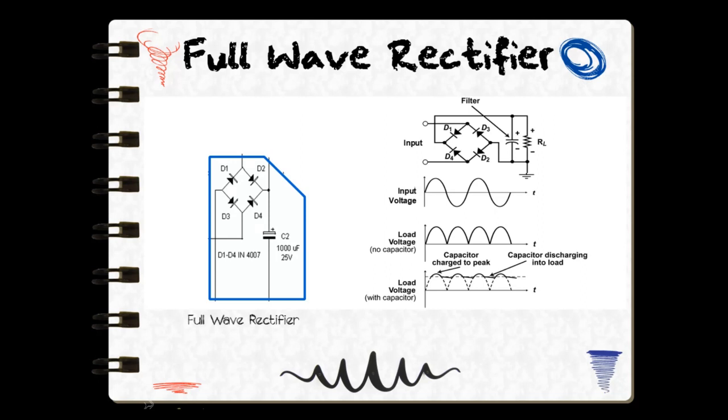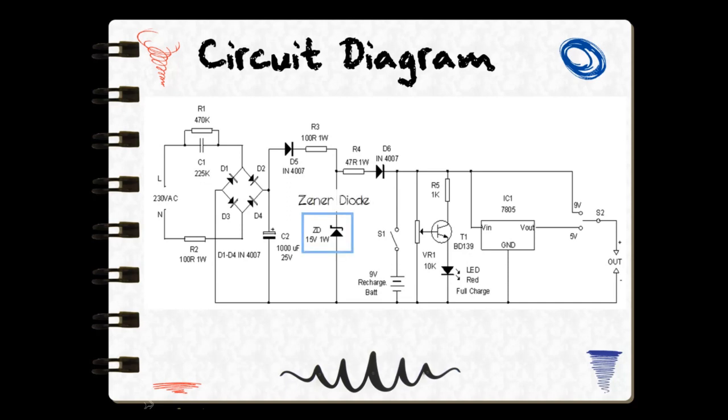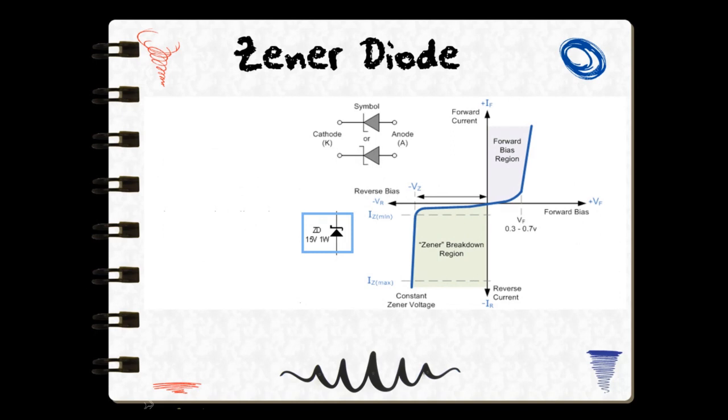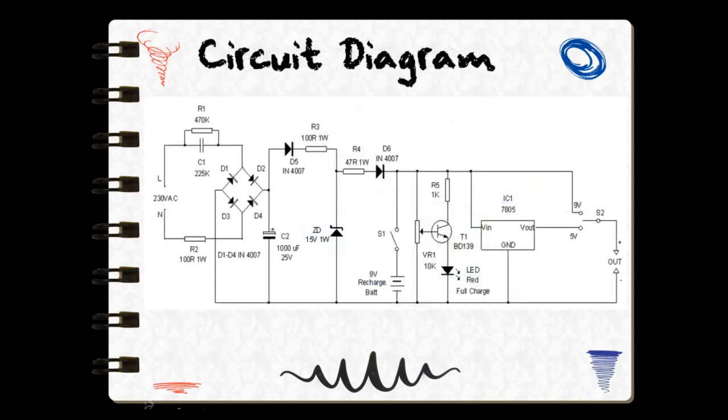Here we can see the input voltage and how it's modulated to obtain nearly ripple free output load voltage. After this we have the Zener diode ZD which regulates the charging voltage to 15 volts. Zener diode is a heavily doped PN junction which works in its breakdown region where current may largely vary but voltage experiences only a slight change. This way it gives an output of 15 volts and prevents any large variation in it, thereby acting as a voltage regulator.